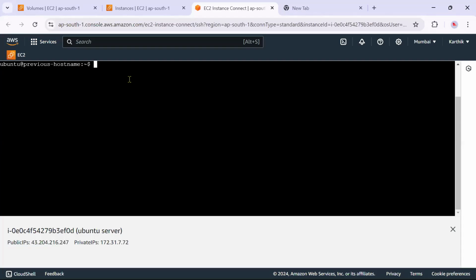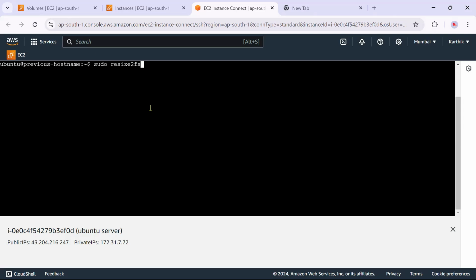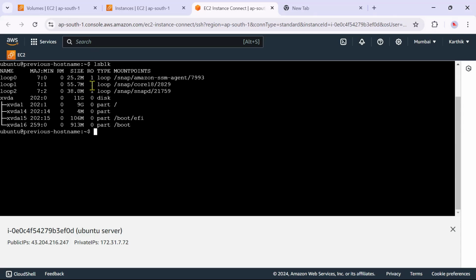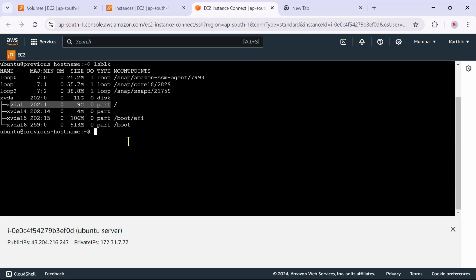Let me execute, because we have created an ext4 file system, right? That day, sudo resize2fs. And what is that? First, let me execute lsblk. And here it is 9 GB, right? xvda1